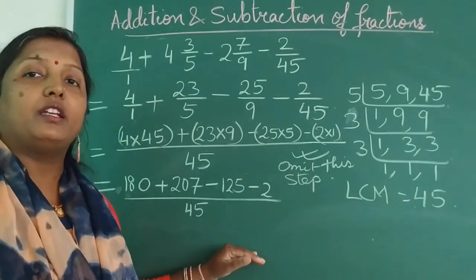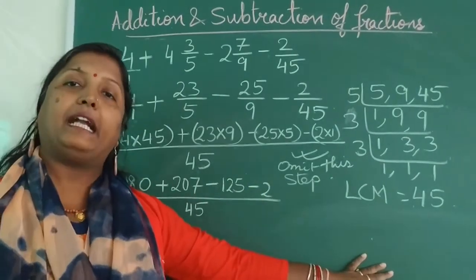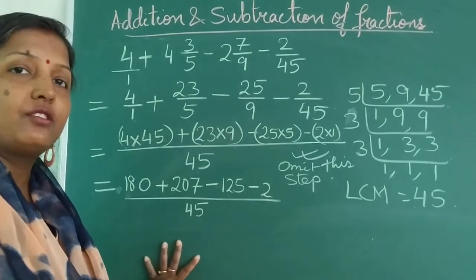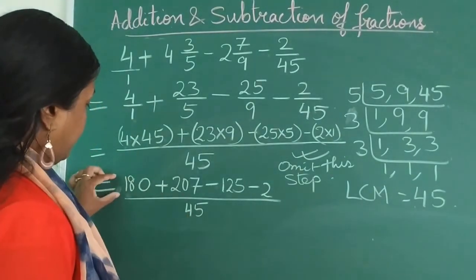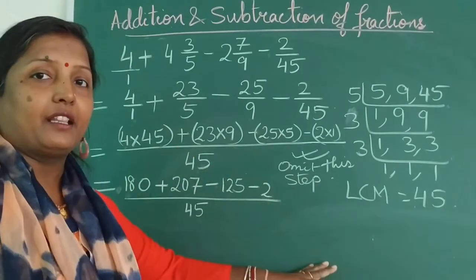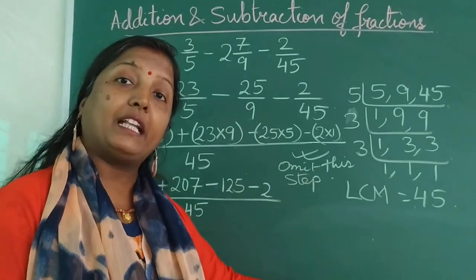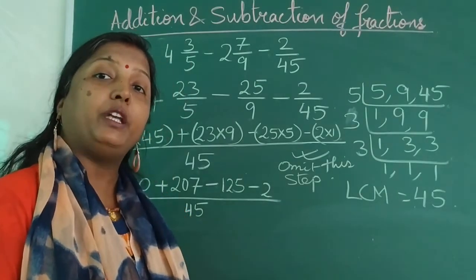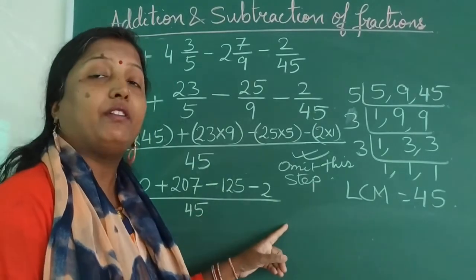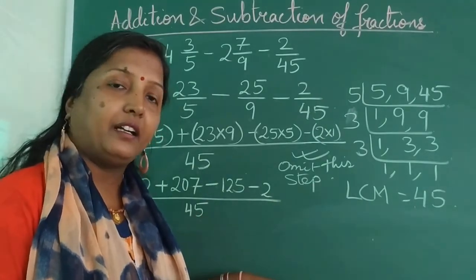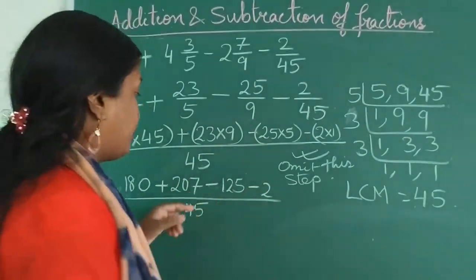Okay. Now let us learn an easy way of calculating all these whole numbers at a stretch on the right hand side and directly writing the answer over here. So what you will do is, see all the plus signs. All the plus signs, add them. See all the minus signs, add them also. Why add them? Because same signs are to be added. So even if they are having minus sign, because all of them are having minus sign, they will be added. So how do we get it?